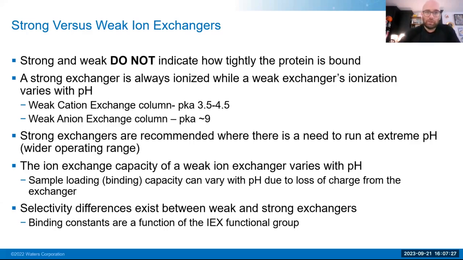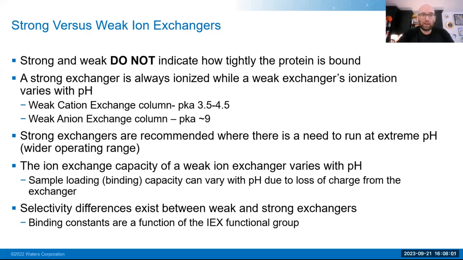So when we look at the development of an ion exchanger, it's critical to understand the actual particles themselves, the actual chemistries that are being leveraged, and that's going to be important for method development and the ability to develop specific methodologies. One of the ideas that we need to understand is this concept between strong and weak ion exchangers. These don't particularly mean anything in terms of how tightly the protein is bound, but actually correlate to the presence of the charge over the pH range.